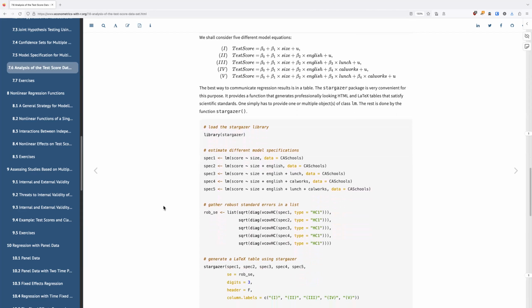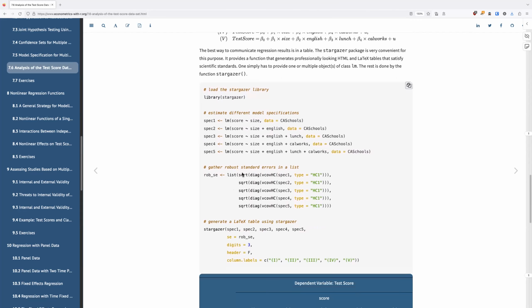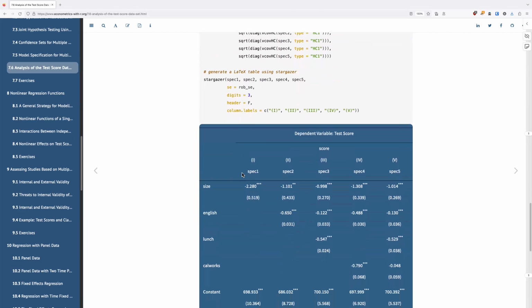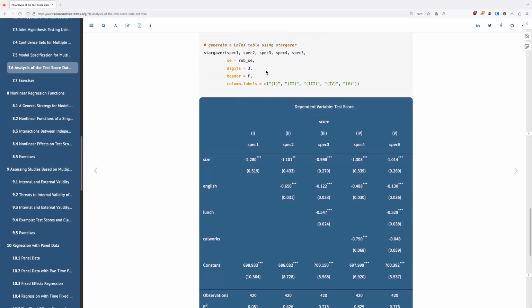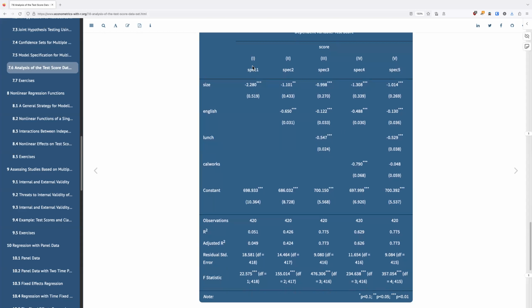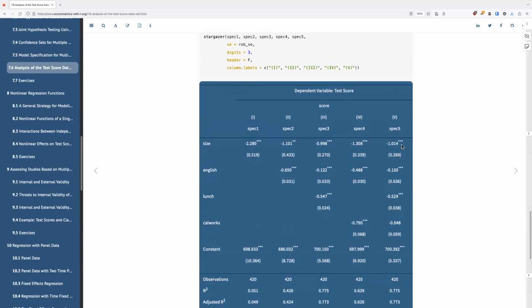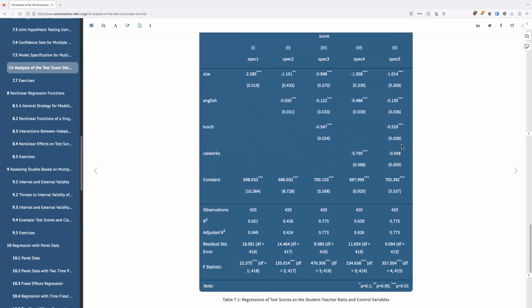And then it looks like he's just running them all and then listing them out into a table. And he's using Stargazer to do that. And Stargazer is meant for printing model outputs for multiple models in a nice, easy to read format. And so we have the coefficients for each variable, and then I believe also the